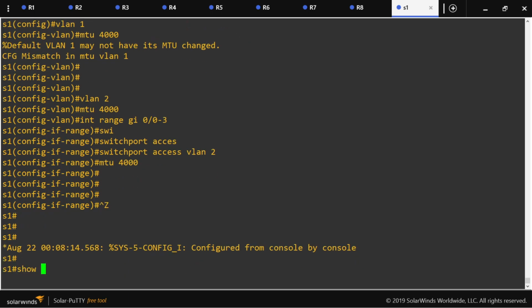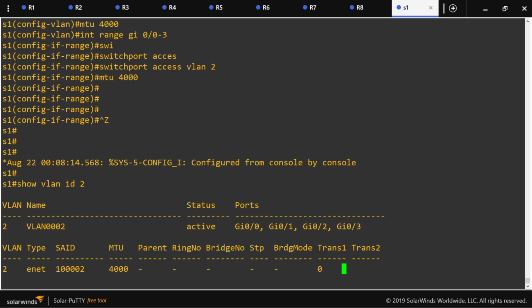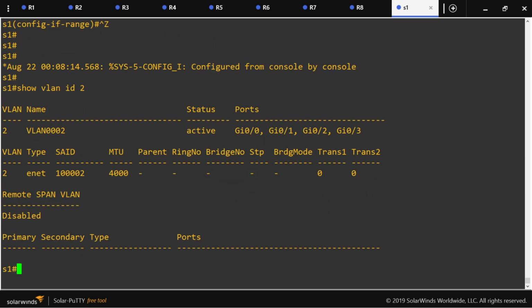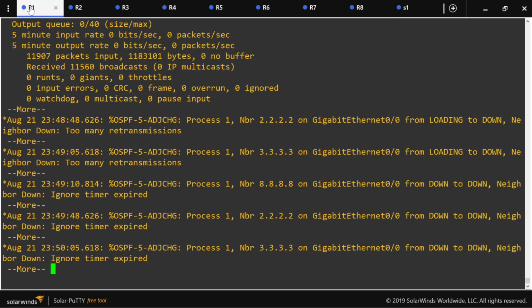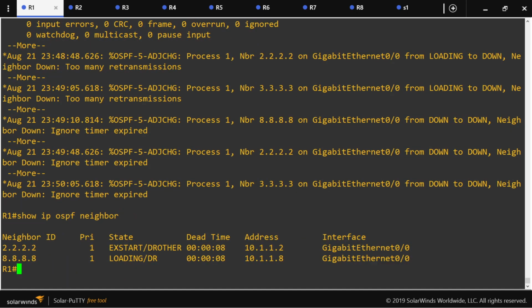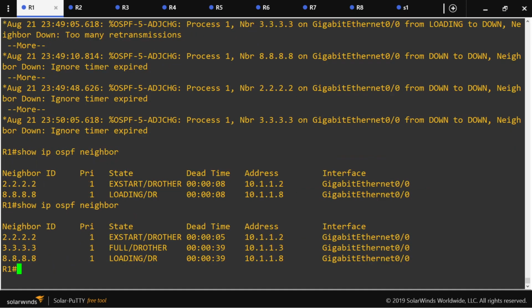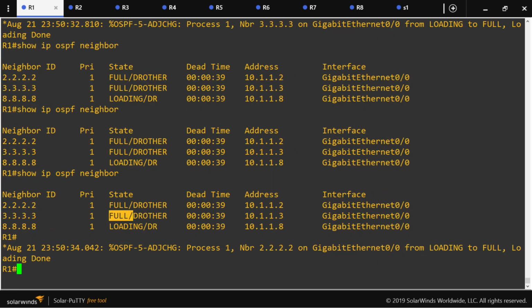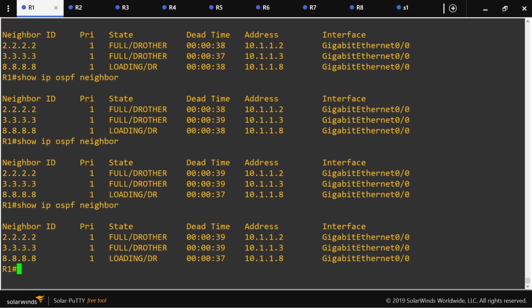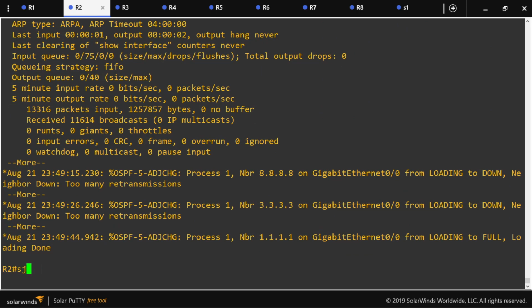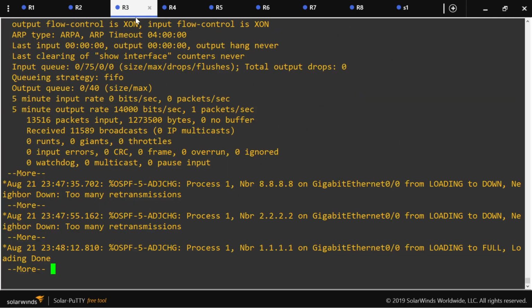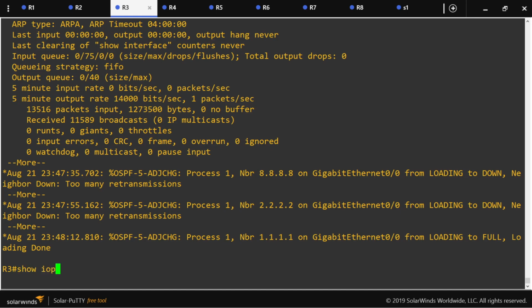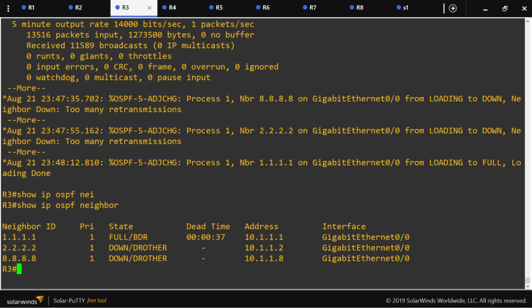So let's check. Show vlan id 2. This VLAN supports jumbo frames, and we check the interfaces. Now they have jumbo frame enabled. So now we should see that these neighbors start to go into full state. That will happen slowly, so we'll have to wait a bit until this starts working. Meanwhile, let's go to